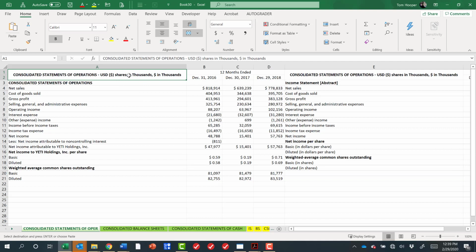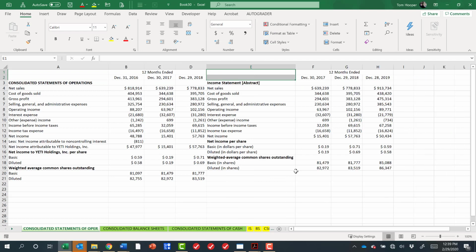This is a merged cell that is taking up A1 and A2 together and is going to cause me some problems, so I'm just going to clear all with Alt EAA. Now notice when I place these 2 income statements side by side, net sales matches, cost of goods sold matches, gross profit, SG&A, so on and so forth,